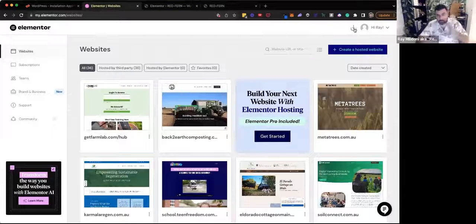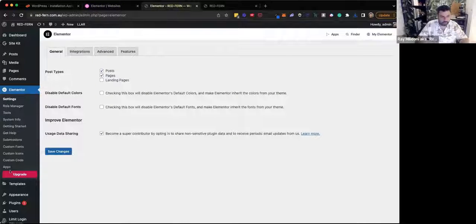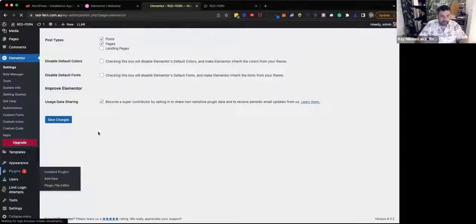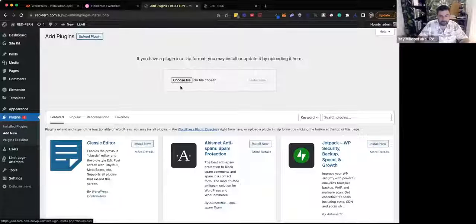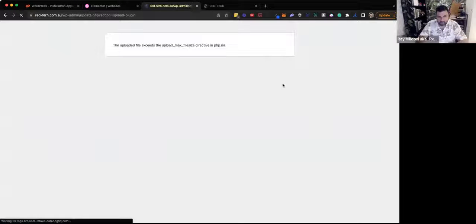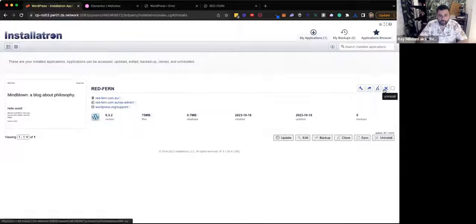So what we need to do is log into the Elementor platform and download the Pro plugin. The Pro plugin doesn't install via the backend. You need to do that separately. So if we go back to plugins, we're going to click add new, but instead of browsing the library, we're going to click the button that says upload, and then we are going to drop Pro there, and we're going to go to install. Now, sometimes the file is too big, and this is what's happened here now. So I will fix that by going back to control panel